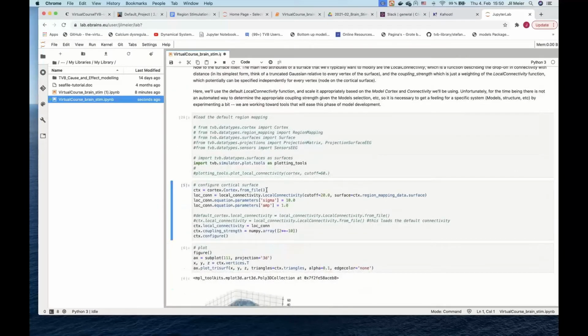And here is the Cortex. This is the default Cortex. Again, if I fill in nothing in the new alpha release, this automatically loads the default Cortex related to the 76 nodes based on the AAL Atlas. And